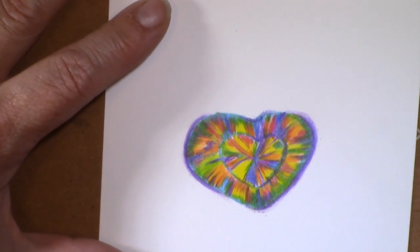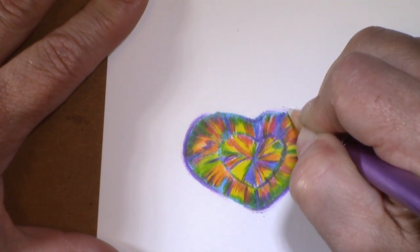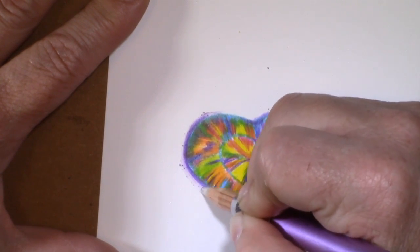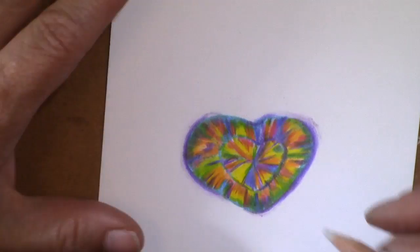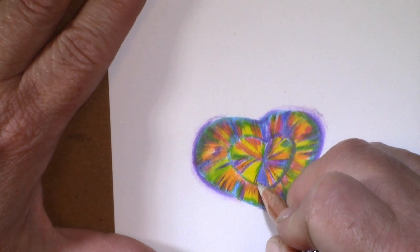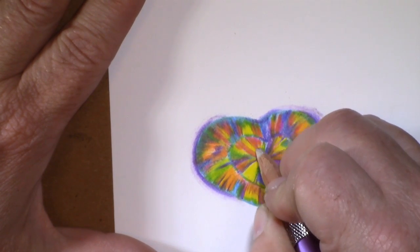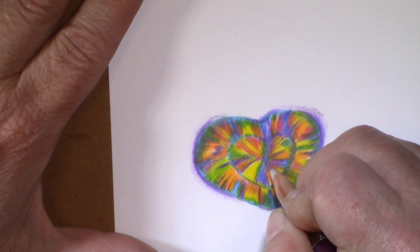Just sort of softening out that shadowy color underneath. Just carrying some of that color along with the colorless blender. Soften that out. So you'll find a lot of Mystic Topaz being used in sterling silver jewelry, so it's much more affordable. You can find beautiful pieces for $30, $40, $50 American. Which is kind of cool. You can have pretty things, and it doesn't have to cost you an arm and a leg,